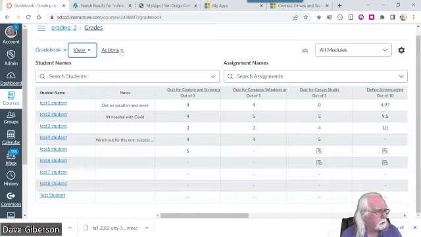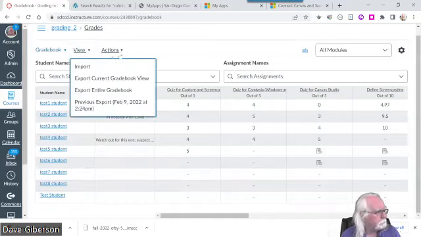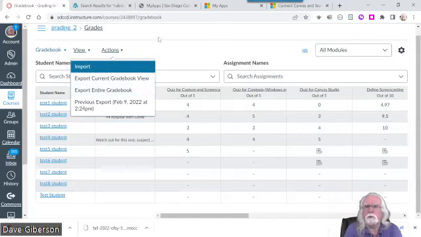All right, now we can talk about the actions menu. Next one, we're just taking them in order here. This allows you to export your gradebook to an Excel file where you can either just store the gradebook offline